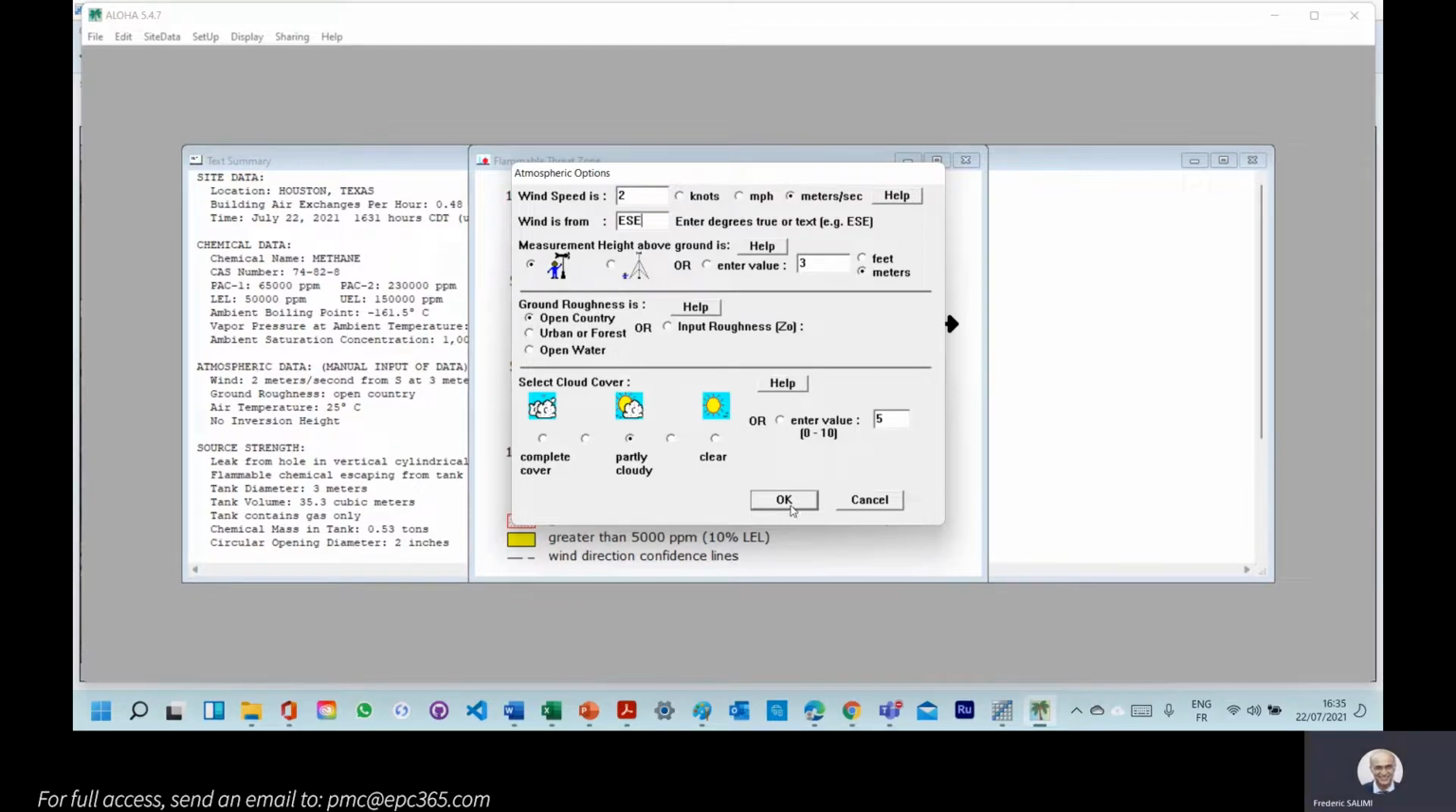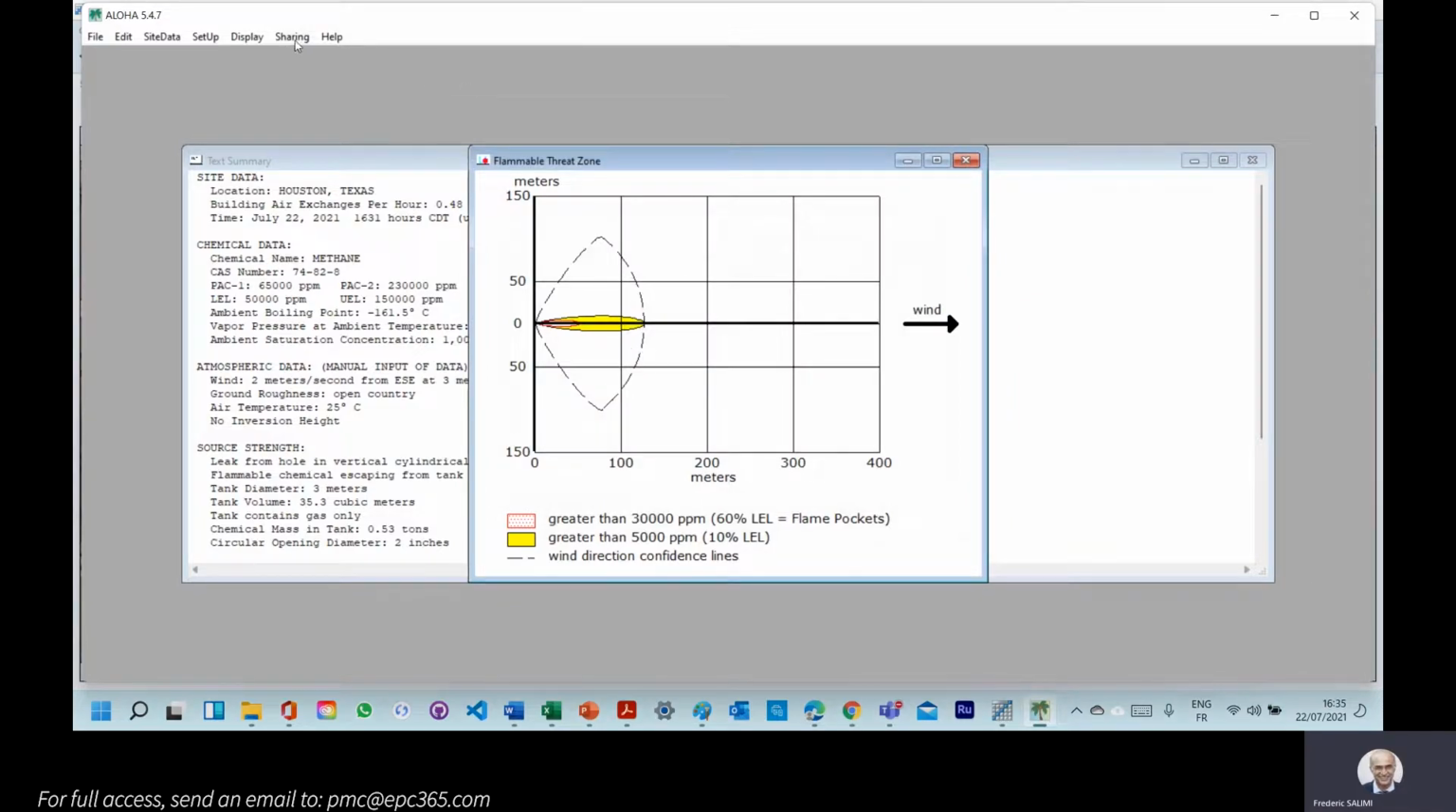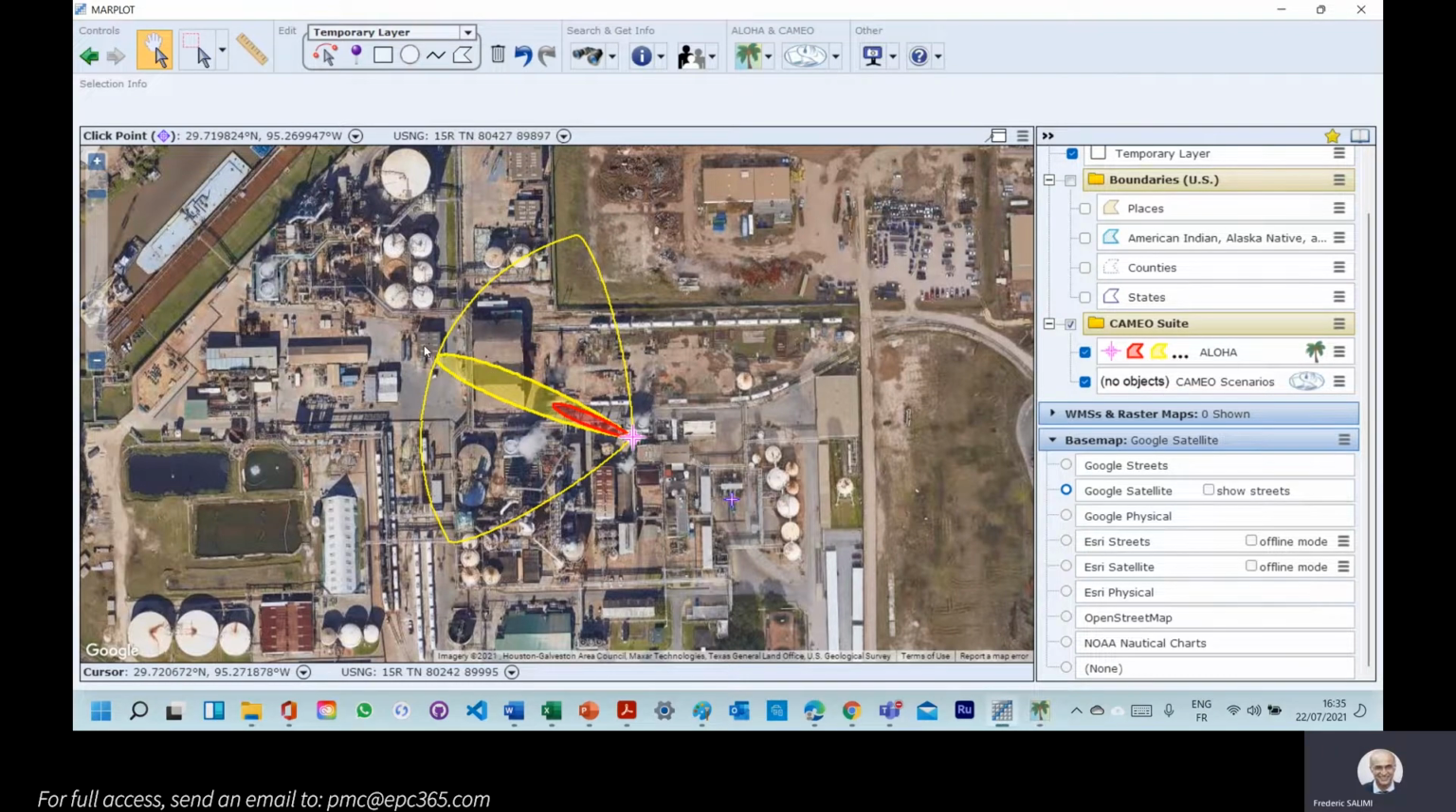I put it like this. It will change the direction. So if I go to sharing Marple, and if you see, it goes that way. So near you see here, for example, this is very important for the toxicity, but also for the